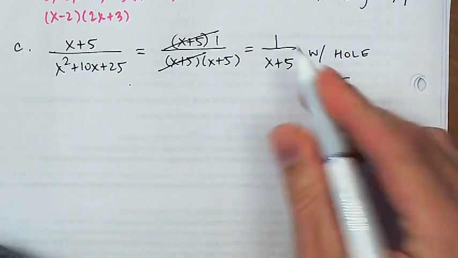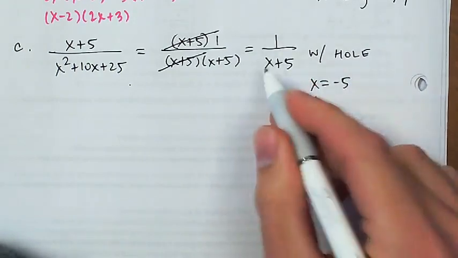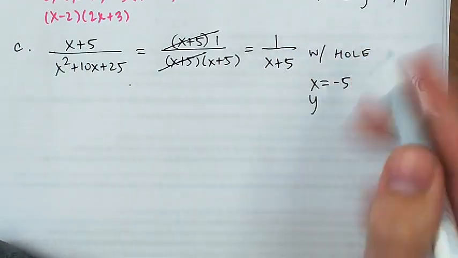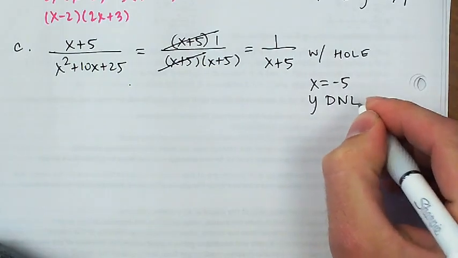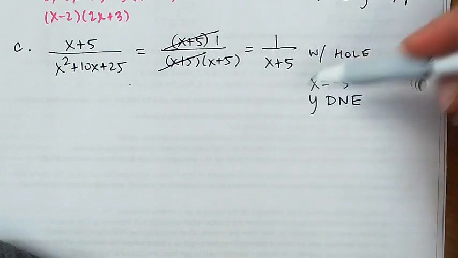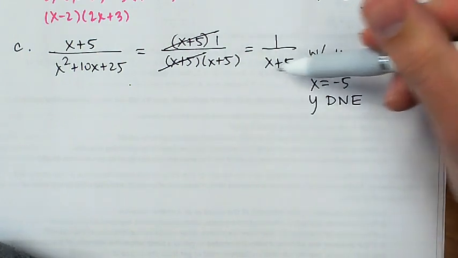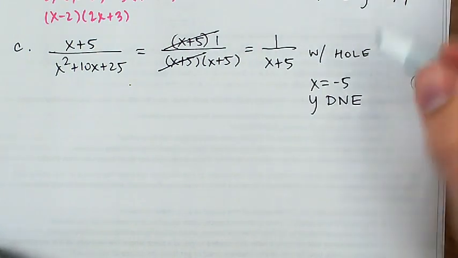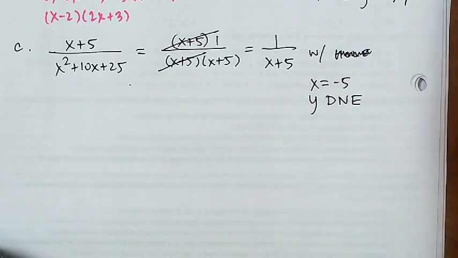But if I plug that negative 5 into the simplified version, I've still got a 0 in the denominator. Okay, so there isn't actually a hole. This is a vertical asymptote on the graph of this function, okay, because there's still that factor down there. So it's not really a hole. And that's not something that's ever going to happen to you on a quiz or a test in my class,